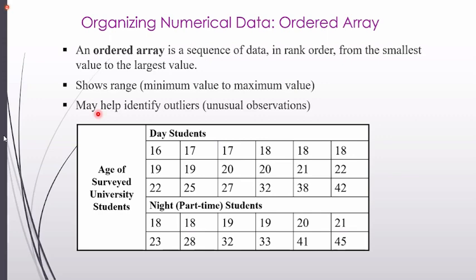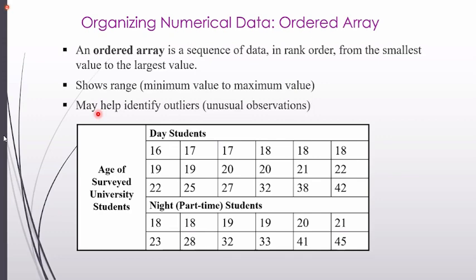So when we are arranging the data in order from the smallest value, these two things usually we can identify: the range and the outliers. Also the most awkward values you can identify. But this ordered array is very useful only when you have a very small number of observations. Otherwise, it is very difficult. Even 100 observations or 50 observations is very difficult. Only with 10 or 15 observations can we easily use the ordered array to summarize the data,